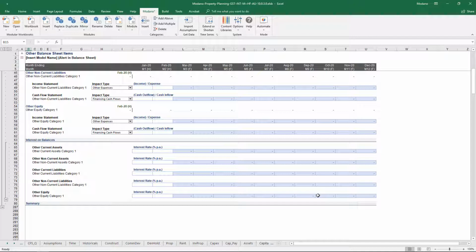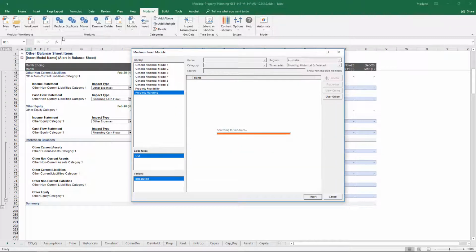So if you do have any balances that have got charges or liens or things against them, you can model that interest component with that module. So yeah, other modules, nothing too crazy about them, but they do allow you to, if you've got historicals and they do have balances in them that you want to get included into your model,